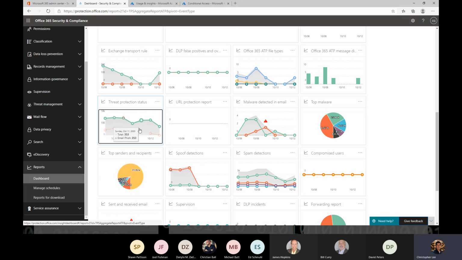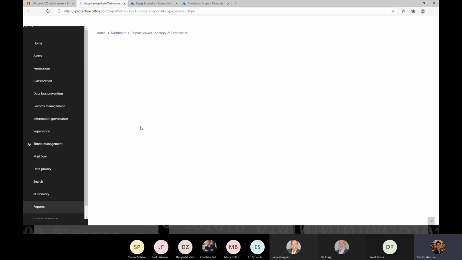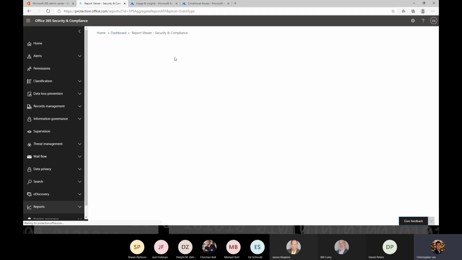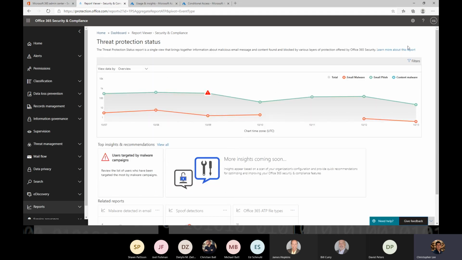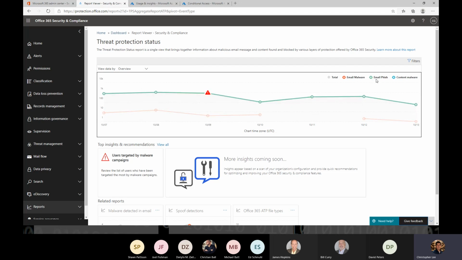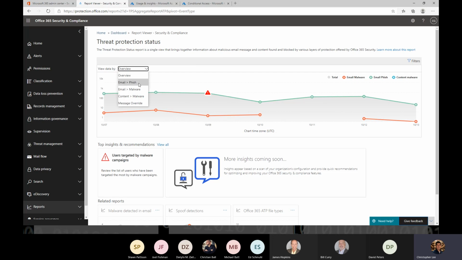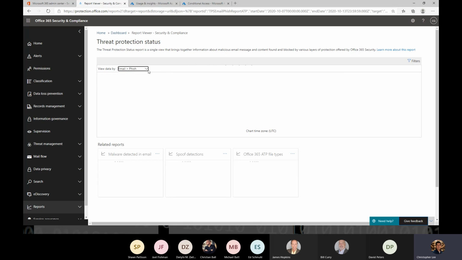So I'm going to go ahead and look at the threat protection status. If I click the chart, it gives me more details. Once it loads, come on, still loading the top. So anyways, this is going to show me all of my malware and phishing attempts against my environment. But if I get a little more granular, I could click on individual filters here or highlight individual filters here to see on the bar chart. But if I want to look a little more in depth, I can drill down into this report by looking at the underlying data. So if I go to email phish,